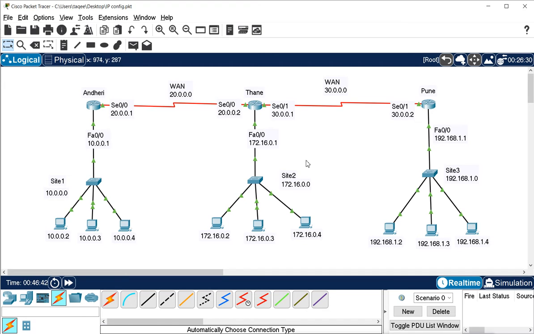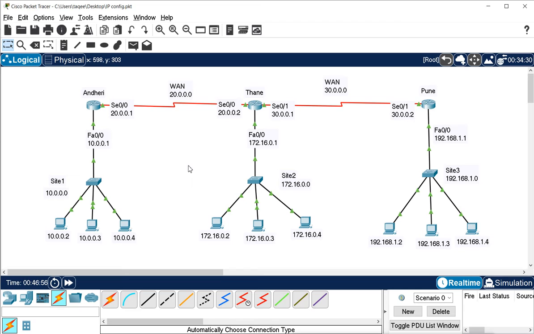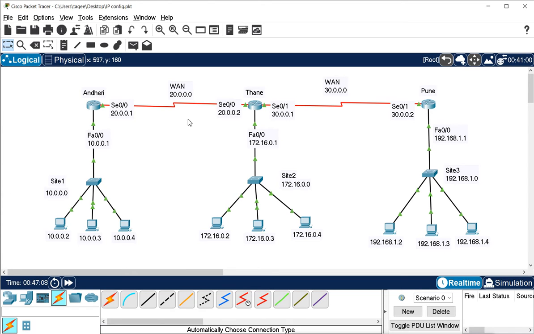If you have more routers and more networks, and your network is big, it will be very difficult to manage. But static routing is actually a very fast routing, because the routers don't have to do anything. Remember, routers don't have to think by themselves. They just have to forward, because we have created the routing table manually. They don't have to create the routing table. We have created it for them, so they just do the forwarding and it works fast.